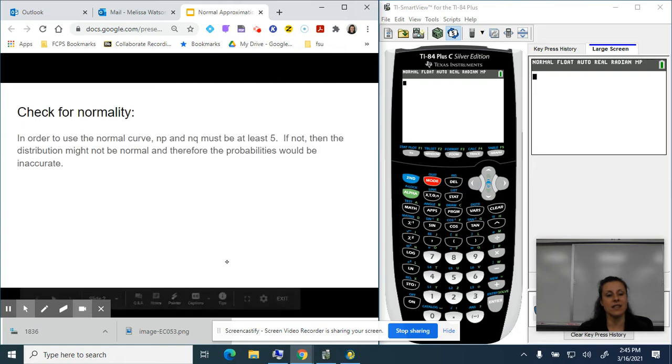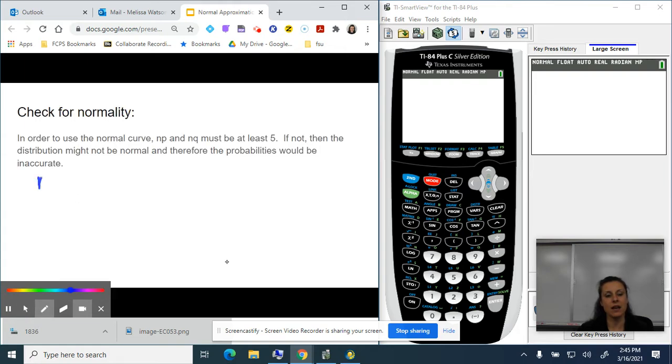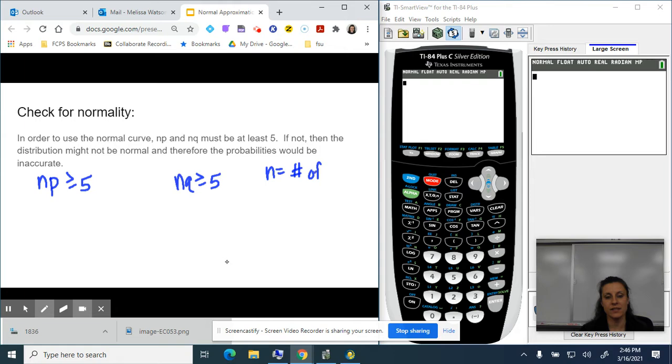That check says that when we multiply n times p and n times q, we have to get a number that's at least 5, so 5 or greater, where n is the number of trials, p is the probability of success,